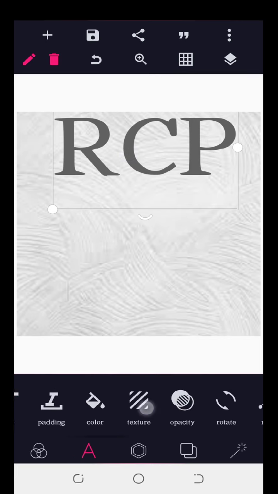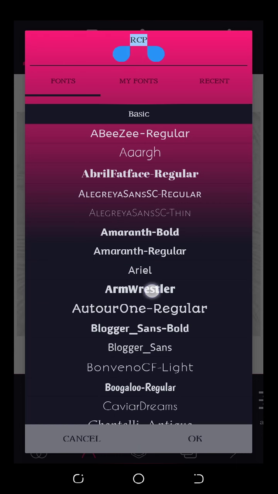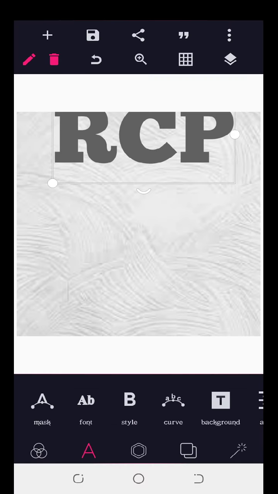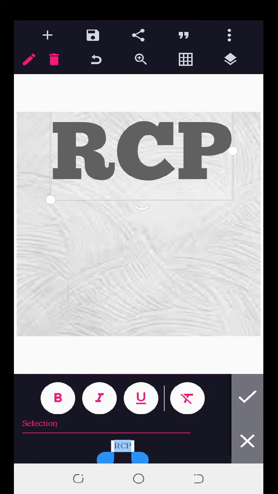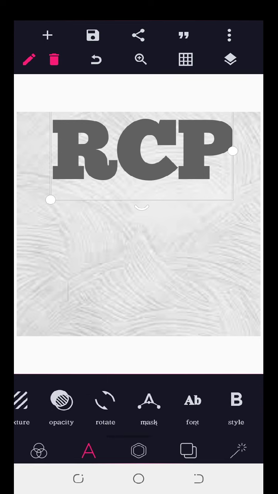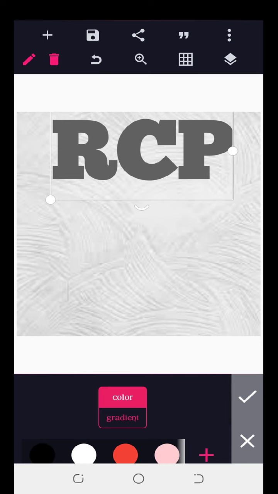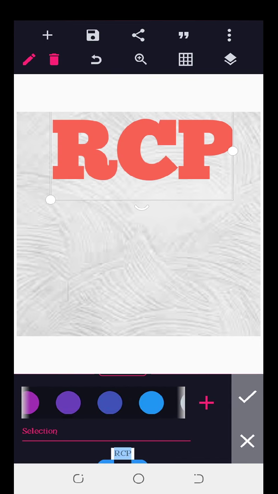Then I want to change the font style of my write-up, so I'll use this. I don't think I like that. I'll use this. Okay, you see it's already changing. I want it to be a bit bold, so I do that. It's bold. Now for the RCP, you can decide to use just colors. If you want it to be plain, which is this, I choose any color of my choice. You can scroll through the colors and make a choice of what you want to use,